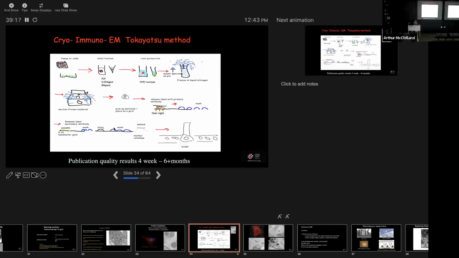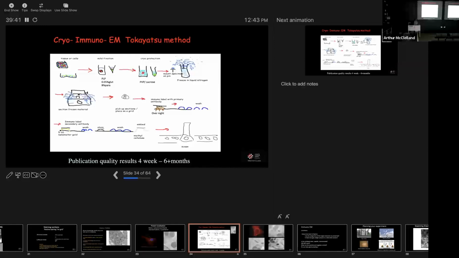Wash that, stain that with neutral uranyl acetate, wash that again, and now we're embedding it. So we basically still have a hydrated sample that we want to put into the microscope. But we know we can't put a hydrated sample into a microscope. So we have to dry it some way, but we know if we dry it by air, we're going to damage it. It's going to be full of air drying artifacts.